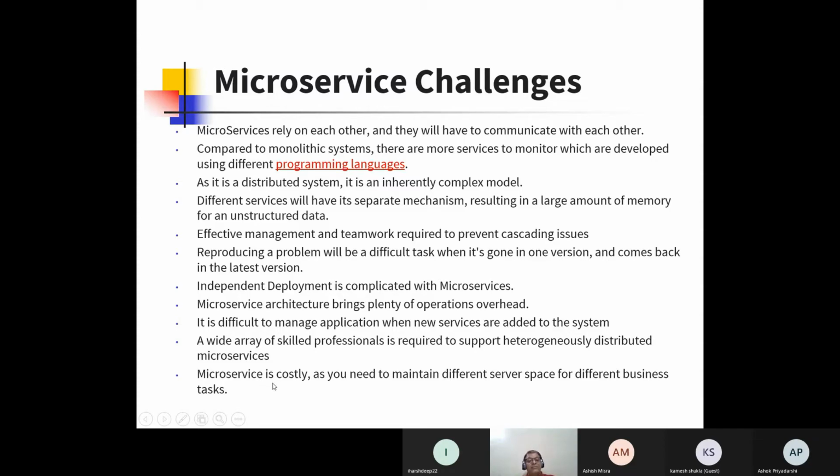But we have to compromise on all such things for the advantages we get. Most of the main challenges are more technical than logical.